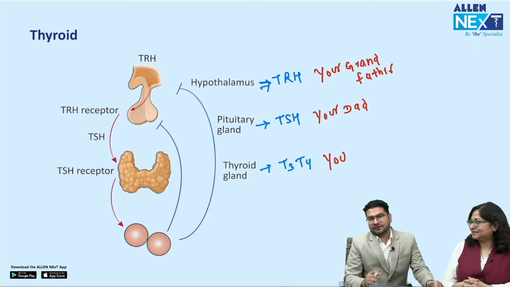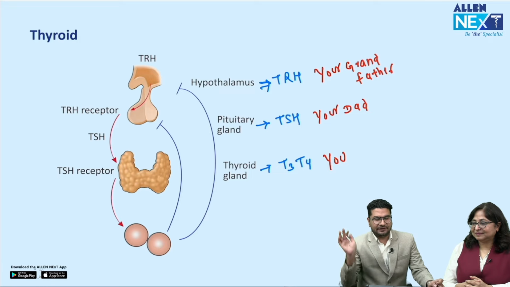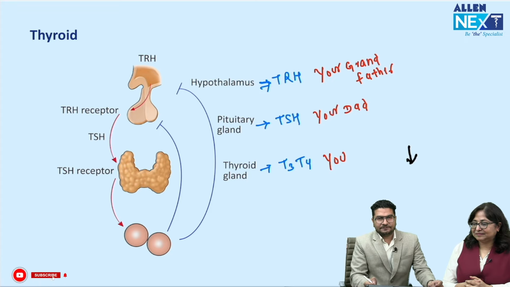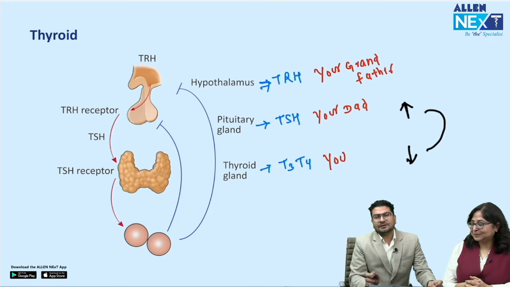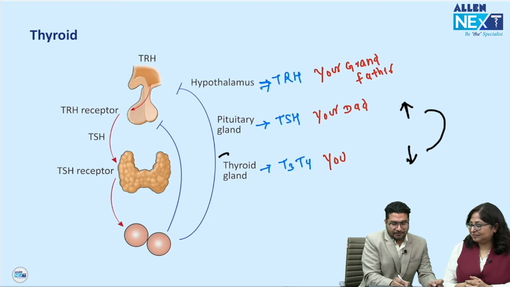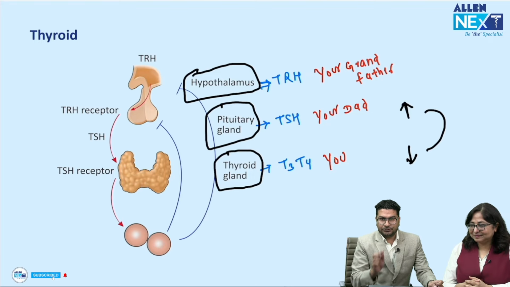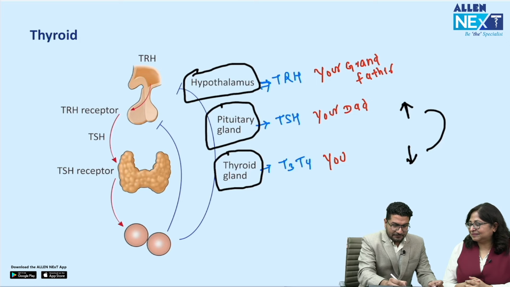Now suppose, listen to me very carefully for the next 2 minutes, you will understand everything, because in endocrine, in medicine, they confuse only in this increase and decrease. Suppose you are having less money. You tell your dad, so your dad will give you some money. This is called primary hypothyroidism. Remember, in endocrine, the problem in the particular gland is called primary, the problem in the pituitary is called secondary, and the problem in the hypothalamus we call tertiary. You are having less money, you tell your dad, he will add some money. This is primary